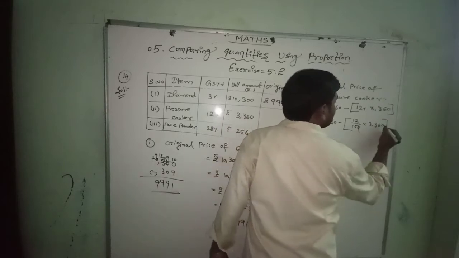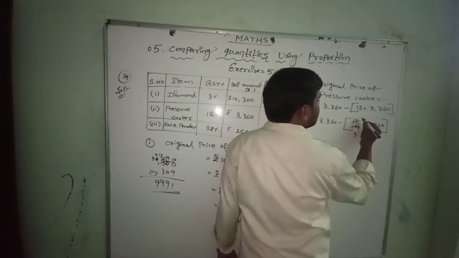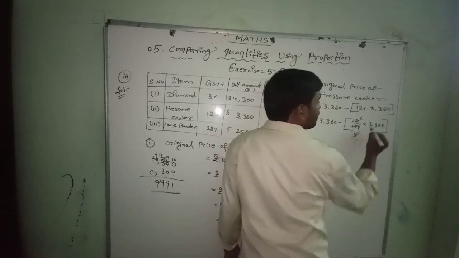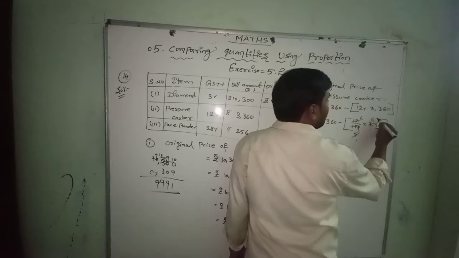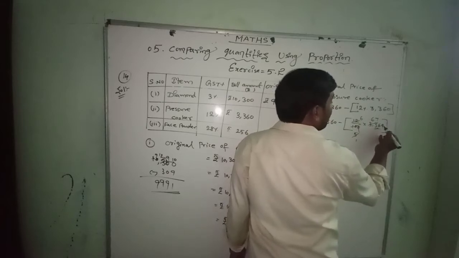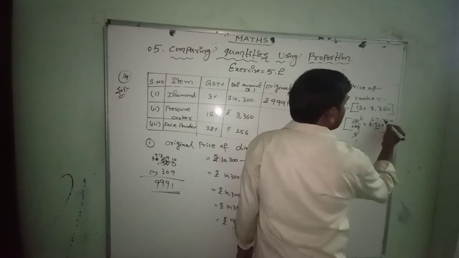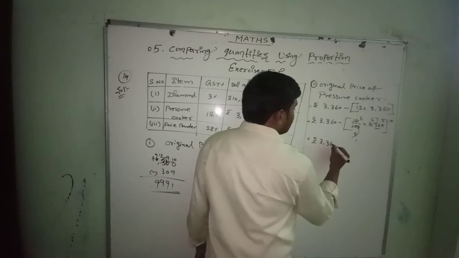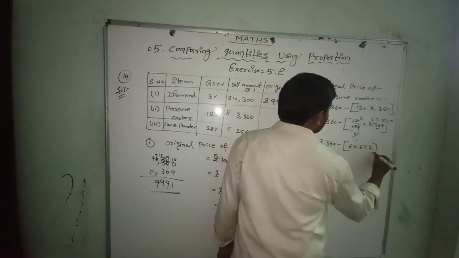3,360. 10 and 10 get cancelled here. Here 2 5s are, here 2 6s are. Okay, in the 5 table we cancel, 5 1s are 5. Here 5 6s are 30, 3 left. That becomes 36. 5 7s are 35. 1 left. That means here it is 0 and 5 to the 10. That means here rupees 3,360 minus 6 into 67.2.